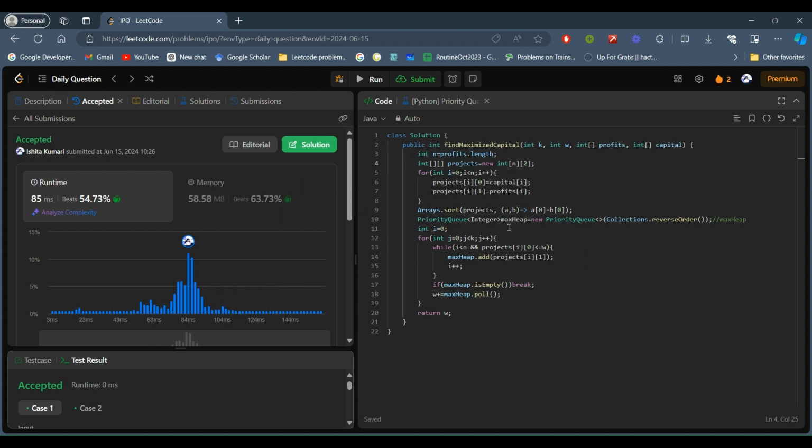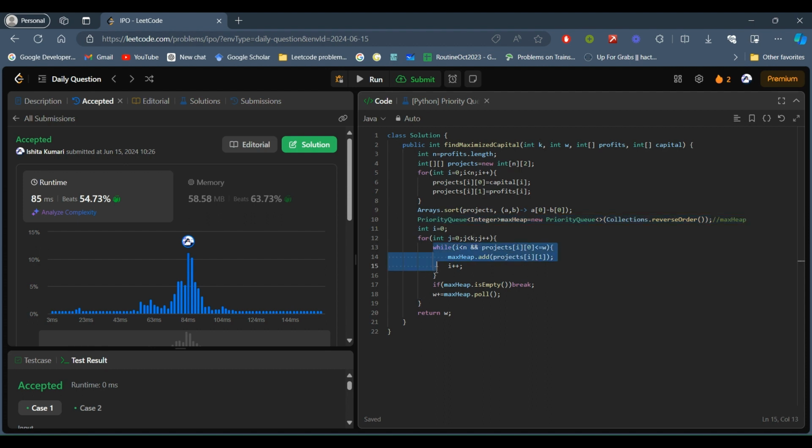So let's analyze the time complexity and the space complexity of this solution. Here I have used sorting. This sorting will take n log n time complexity, and obviously the priority queue, inserting the element and popping the element, also takes log n time complexity.